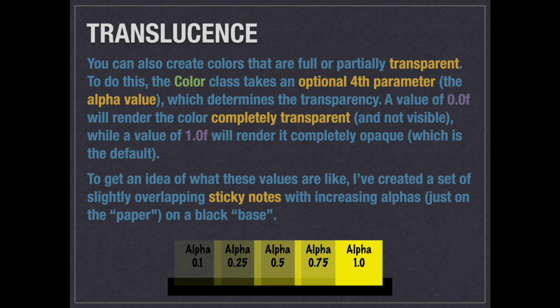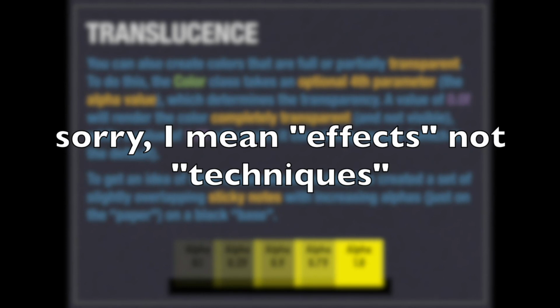So I've got these sticky notes lined up at the bottom of this slide on the Keynote Live, varying alpha values from 0.1 all the way up to 1. And you can see 1 is not transparent at all, or fully opaque. And as I dial the transparency down, what you're seeing is it becomes more and more transparent, or less and less opaque. So you can stack colors up, or stack shapes of varying transparencies up on top of each other, also to get some cool